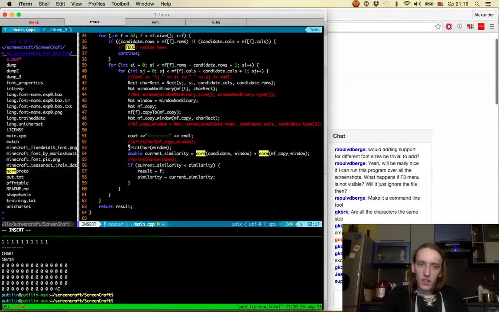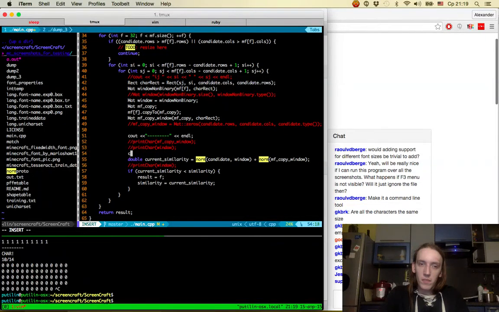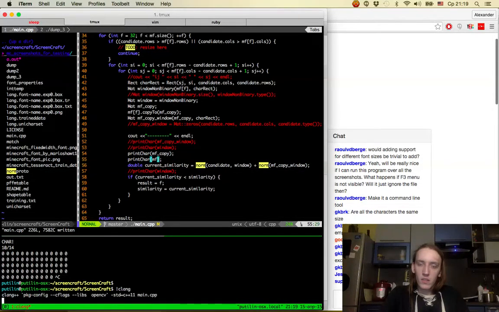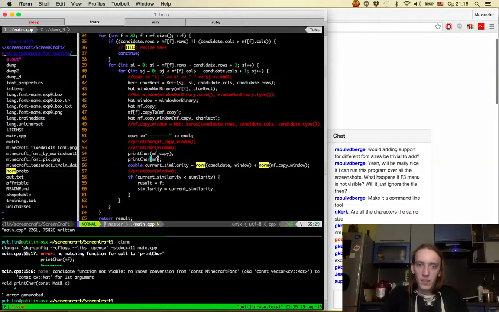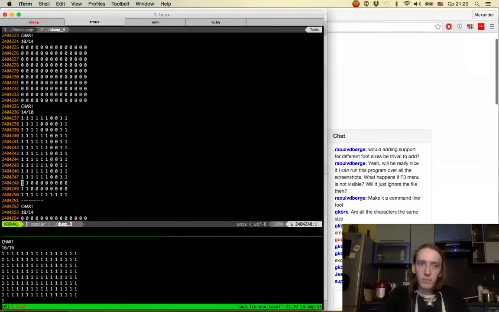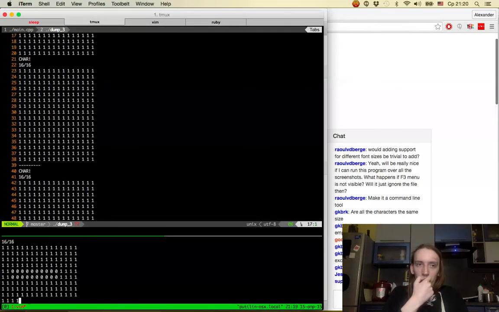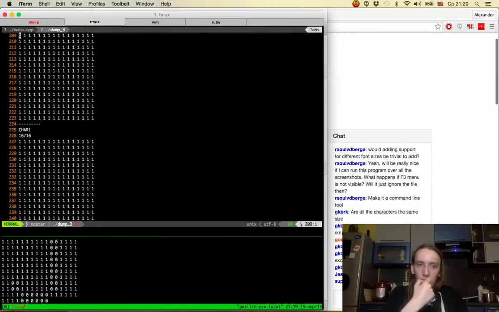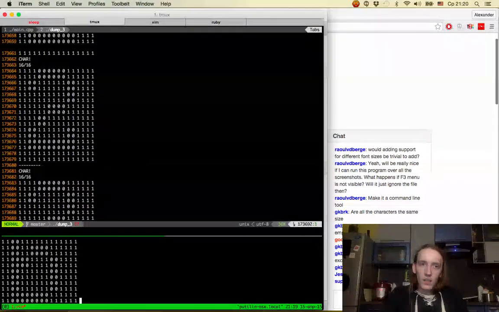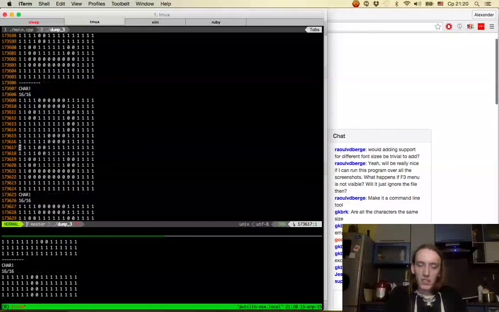Let's also print char and map copy and print char and map. I don't think it worked as I expected. For some reason,